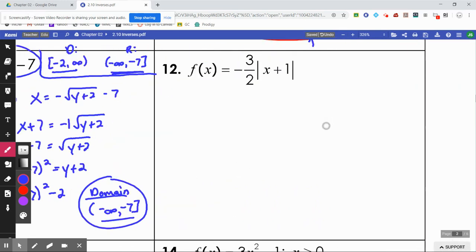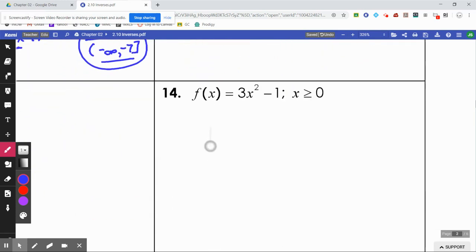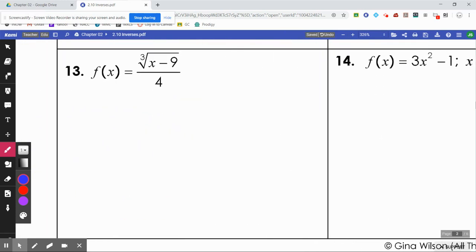I don't have to even do this because you have an absolute value function. Absolute value functions do not have inverses because they fail the horizontal line test, so no inverse, because again, it fails the horizontal line test. Number 13,